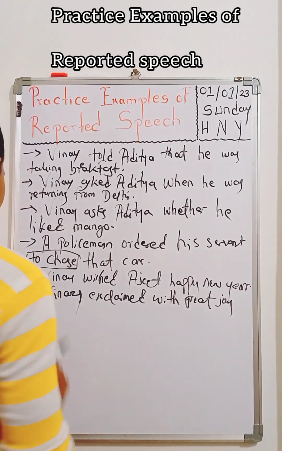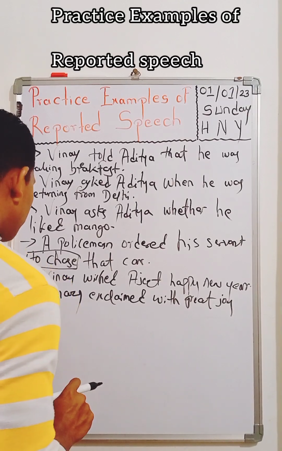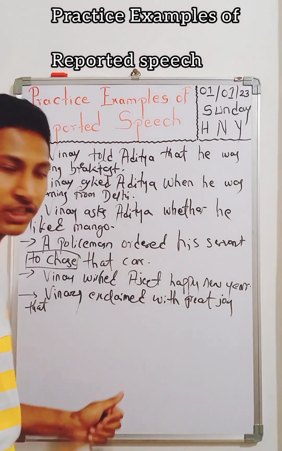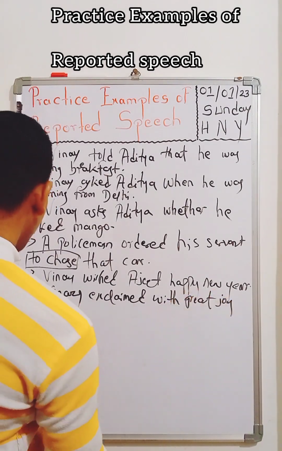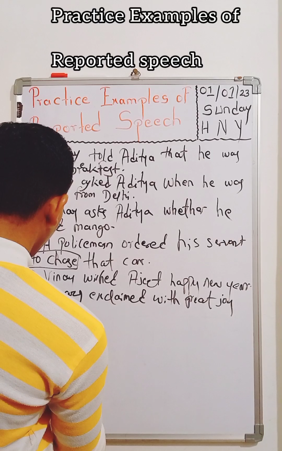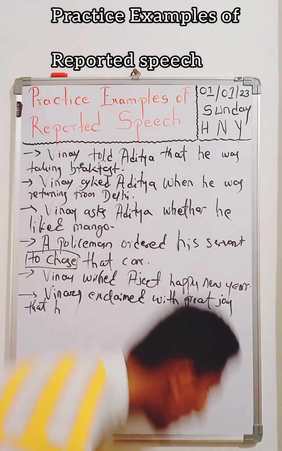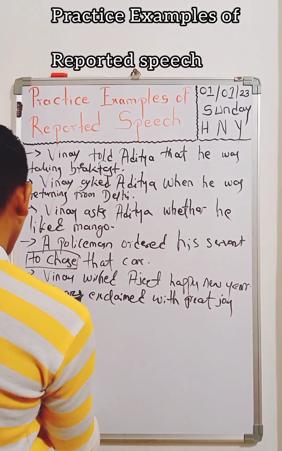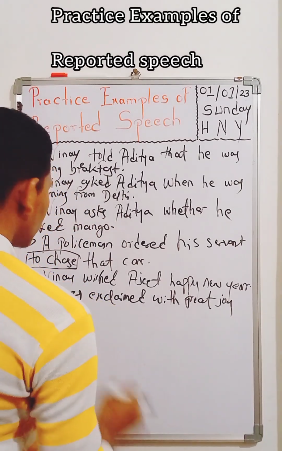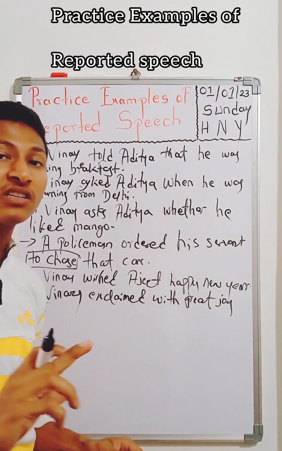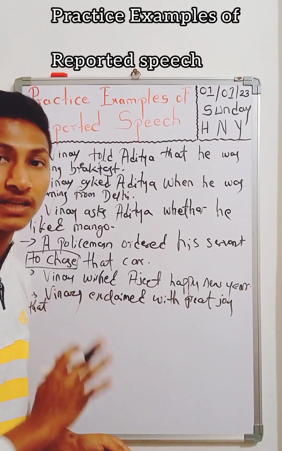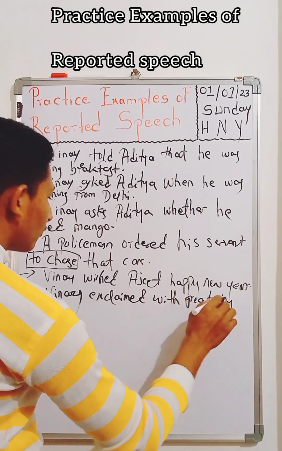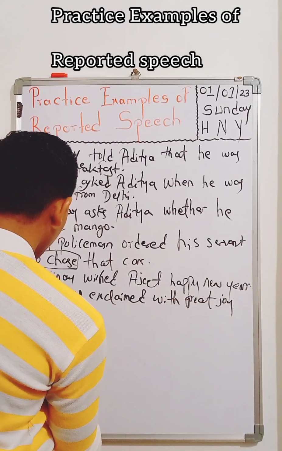This is a subordinating conjunction, but here it is working as a simple conjunction. Vinay exclaimed with great joy that we won the match will be converted into they. We to they. Who won the match? Vinay. The second person is converted to third person. That is what we call direct to indirect. Vinay exclaimed with great joy that they